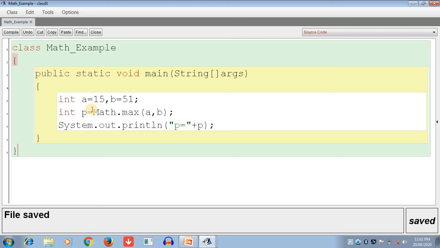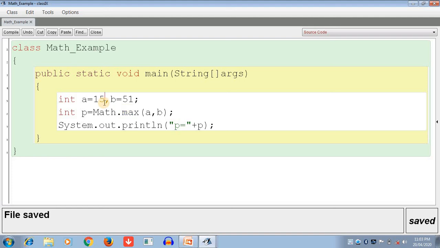It is an overloaded function which works for the data types int, long, float and double as well. So we can use any data type in the max function.